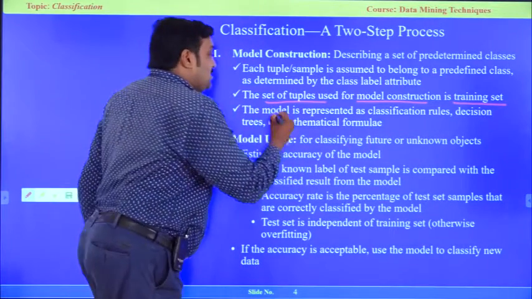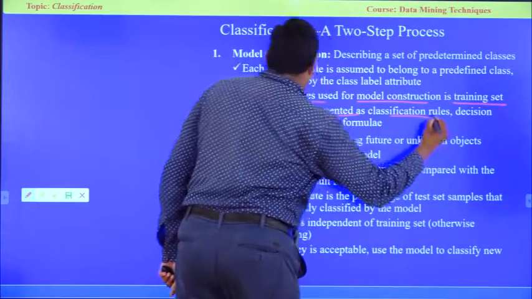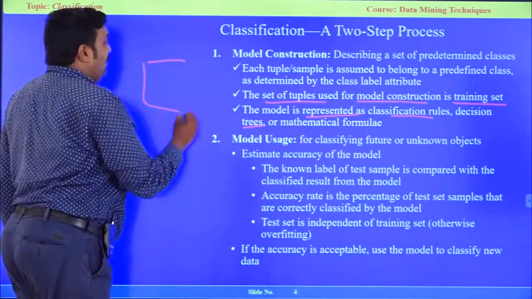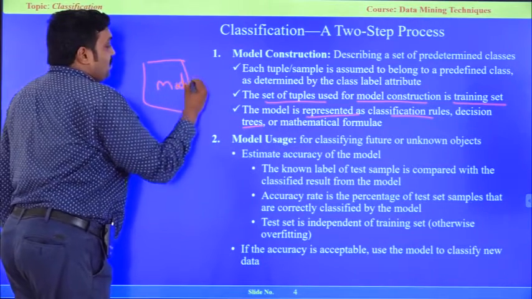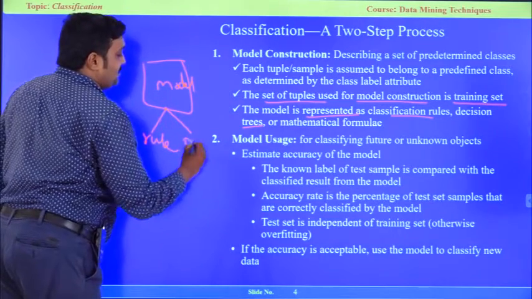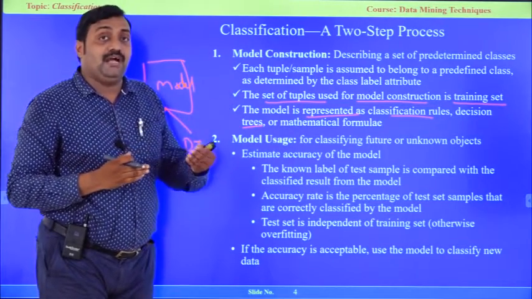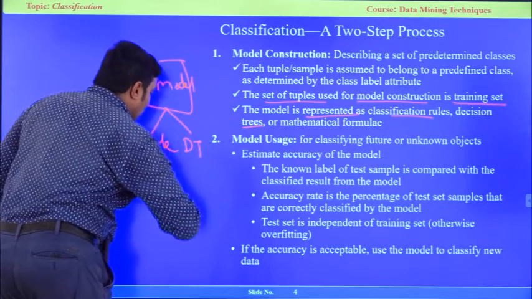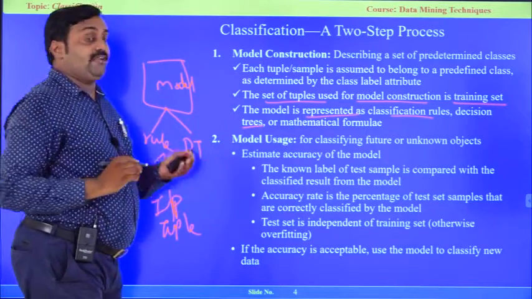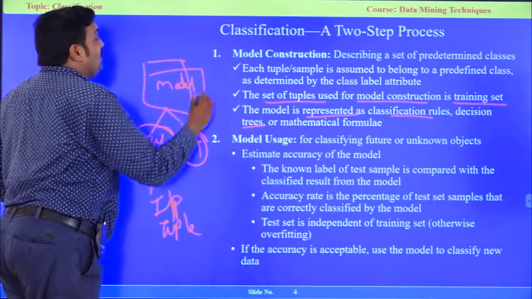Then based on the model representation, we are going to design a classification rule or a decision tree. That means based on our model, we can use any kind of approach, either rule based or decision tree based. We are going to use any kind of classification model to classify the new input arriving. Whenever we receive a new record or new input tuple, we are going to classify it based on either rule based or decision tree based. That is based on your model.